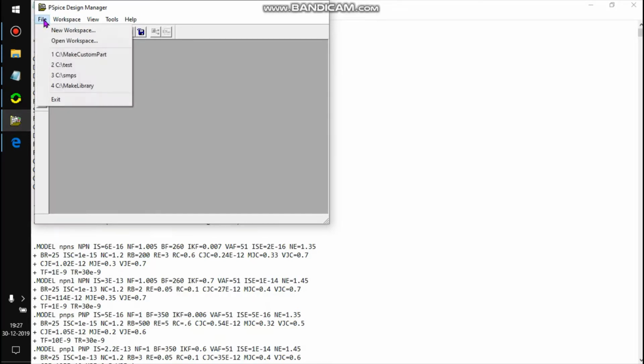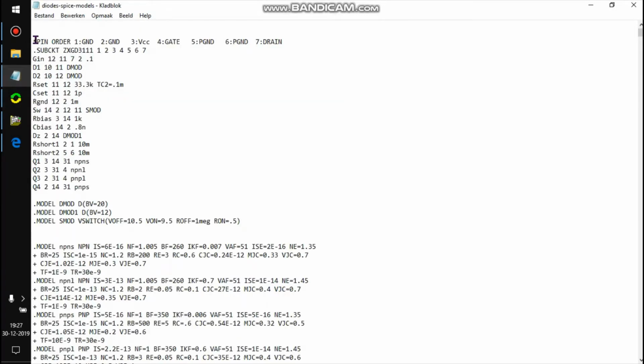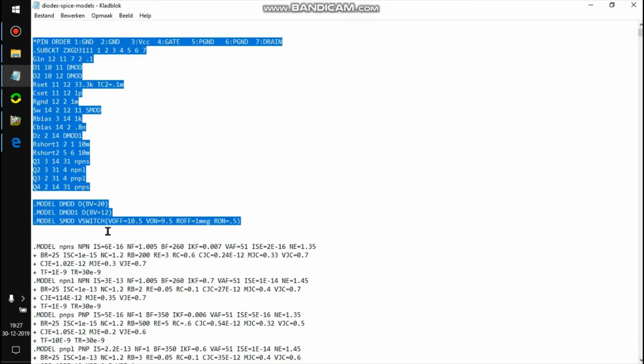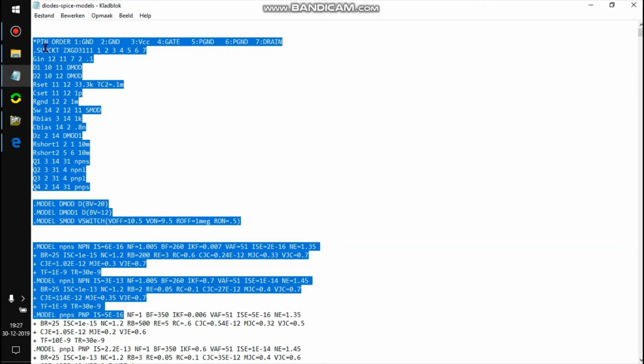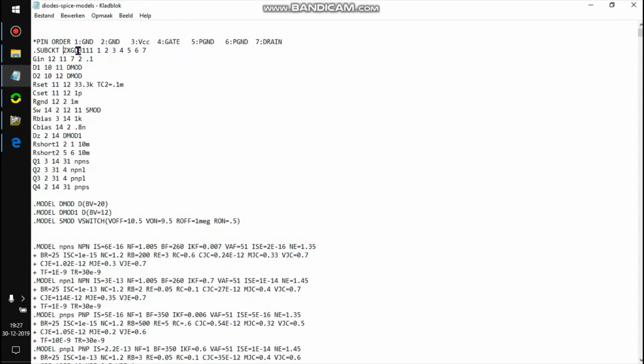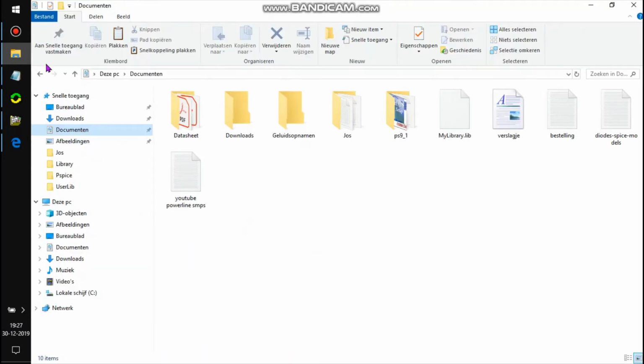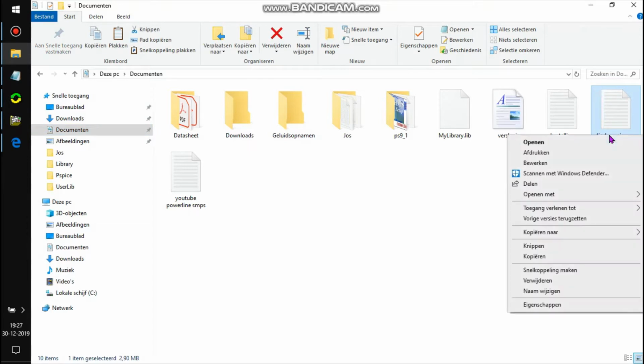So there must be somebody who wants to make a library where this new part has all those parameters in a library. This is a library.